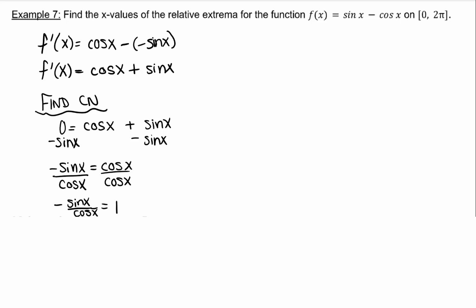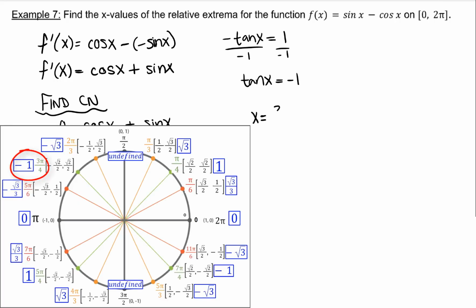I didn't lose any variables, so I didn't lose any answers, but negative sine x over cosine x is equivalent to negative tangent x. Let's get that negative back over to this side, so tangent x is now equal to negative 1. And that's the equation we're solving to find our critical numbers. Tangent of theta is y over x, so where is y over x equal to negative 1? That would be at the angles 3 pi fourths